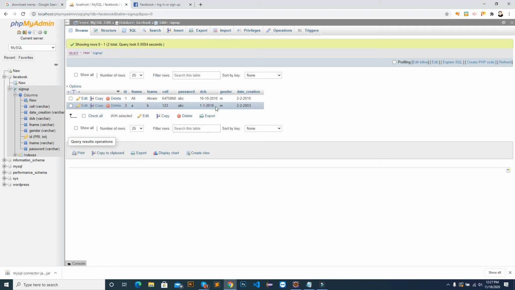I enter the values, the data, and press the sign up button. That sign up is automatically inserted into this database. The database is internal to the company, so these forms are external or user end. This is the backend and that is the user end. There are two kinds of backend: server side backend and database type backend.